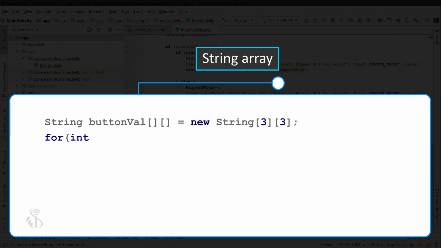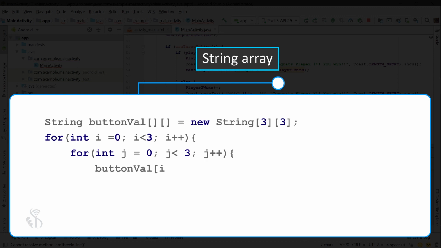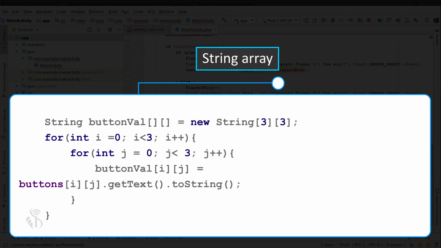for (int i = 0; i < 3; i++) { for (int j = 0; j < 3; j++) { buttonVal[i][j] = buttons[i][j].getText().toString(); } }